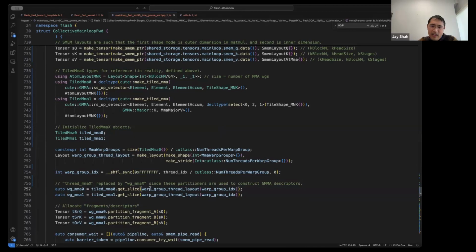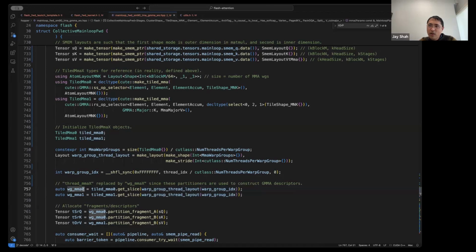So I have this warp group thread layout, which will get me the relevant slice, which is uniform per warp group, resulting in these WGMMA objects, which I use to partition the shared memory tensors.